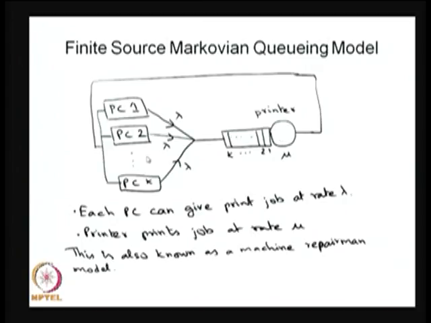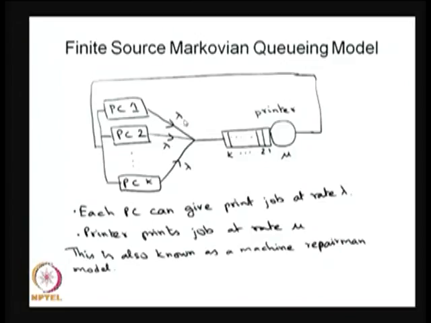Here the scenario is we have K PCs, and each PC can give a print job, and the arrival of print jobs is exponentially distributed for each PC. Therefore, the print jobs follow an arrival process that is a Poisson process with parameter lambda from each PC,